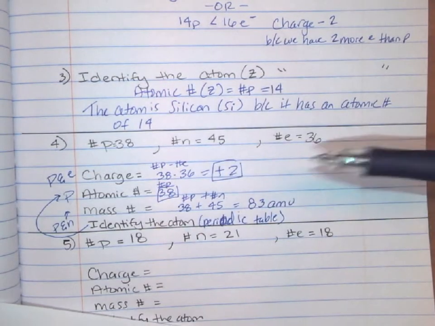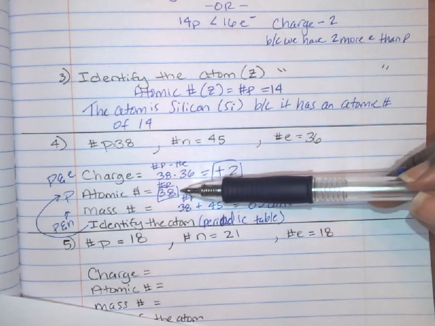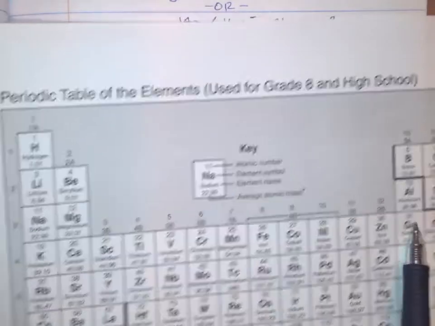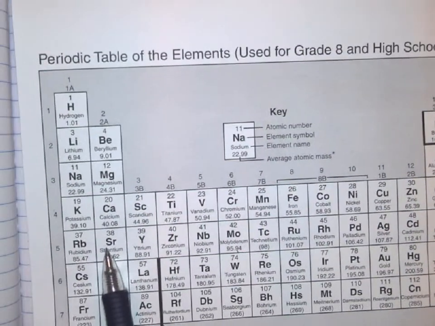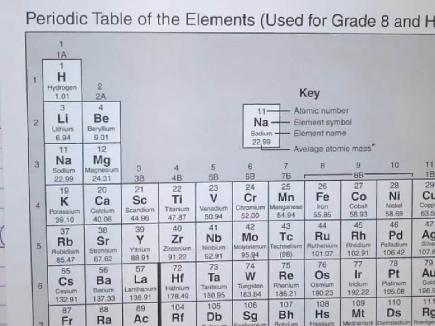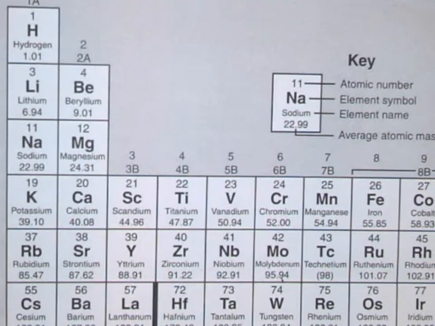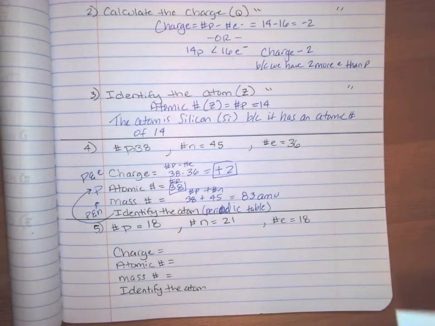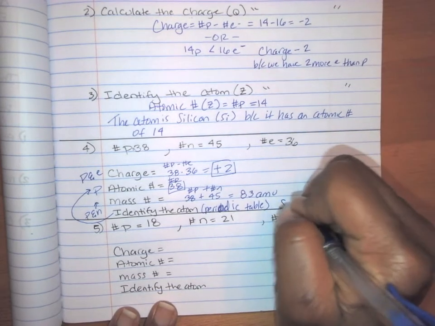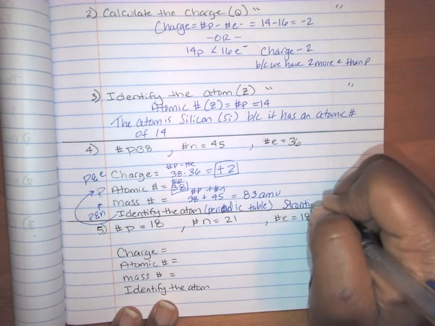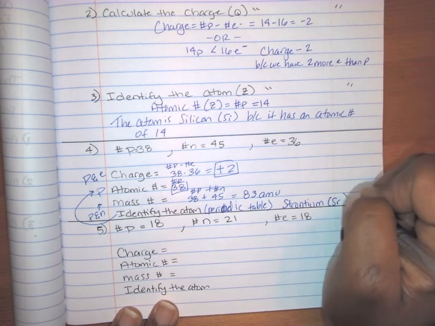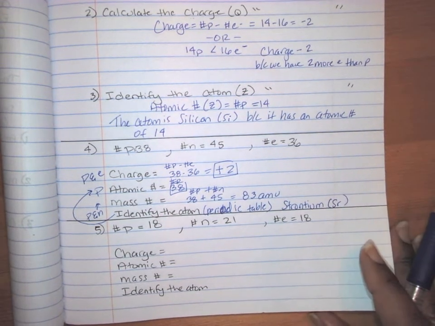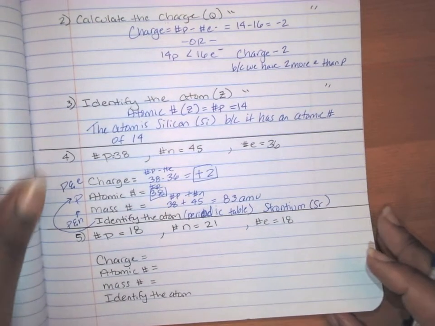So we need to use the periodic table. And what we do is we look at the atomic number, which is 38, right? It's the number of protons, and we see if we can find that in the periodic table. So remember, we're just following the numbers around. So if that's 36, 38 must be back over here. And I'm going to zoom in. And it's strontium. Okay, so strontium it is. SR is the symbol. All right, so strontium is the element that has an atomic number of 38, or 38 protons. Last but not least,